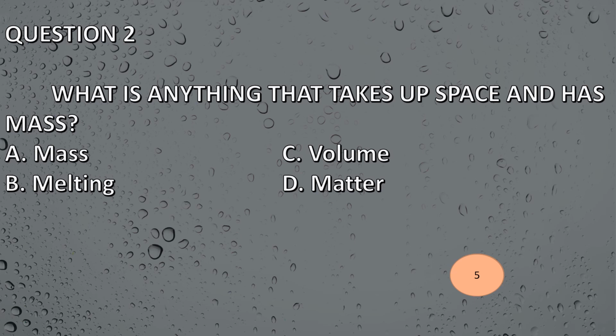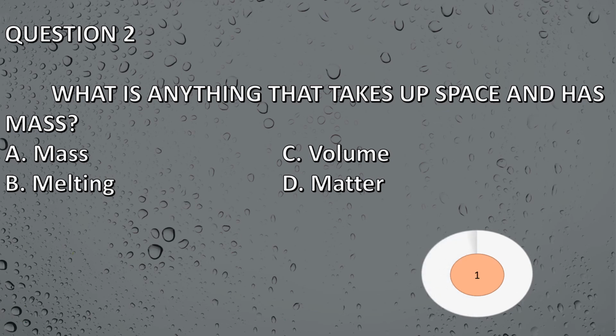Question number 2. What is anything that takes up space and has mass? A. Mass. B. Melting. C. Volume. D. Matter. And the correct answer is